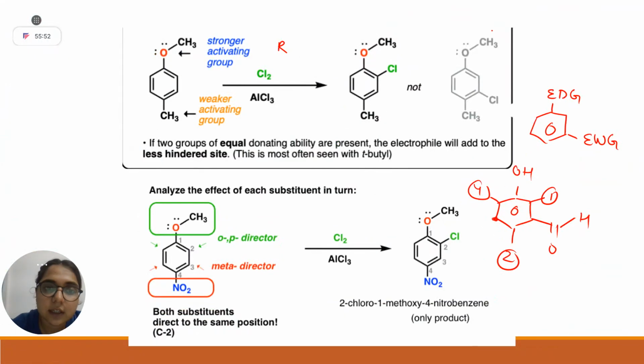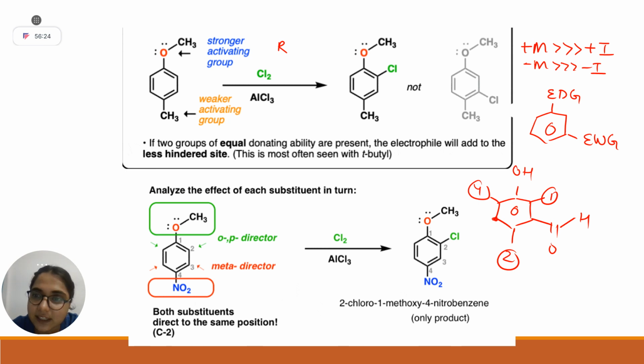So students, remember this thing. Whenever you come across this, you should remember that plus M has a much greater effect than plus I or minus M also. Okay, why? Can anyone tell me? Donating by plus R is effective through the pi bond and it gives more electrons. Exactly.